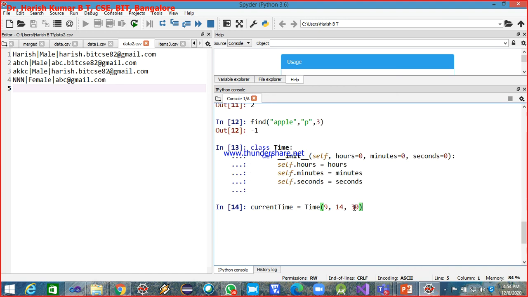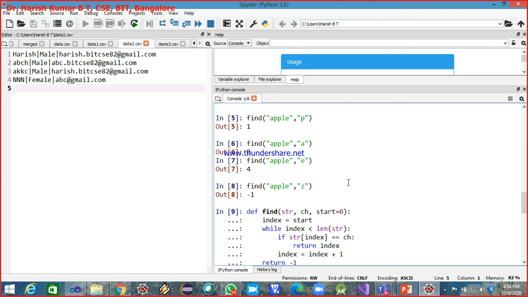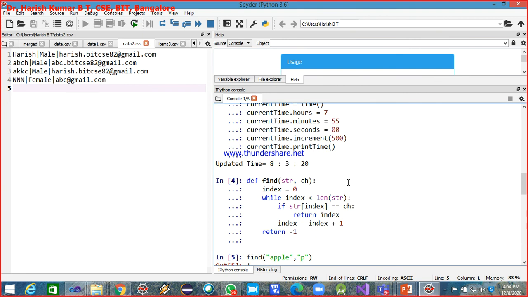Now all 3 arguments I'm passing. So when I say self, it is current time now. Current time dot hours is equal to 9, current time dot minutes is equal to 14, current time dot seconds is equal to 30. Now if I invoke print time, I think I've already done it.